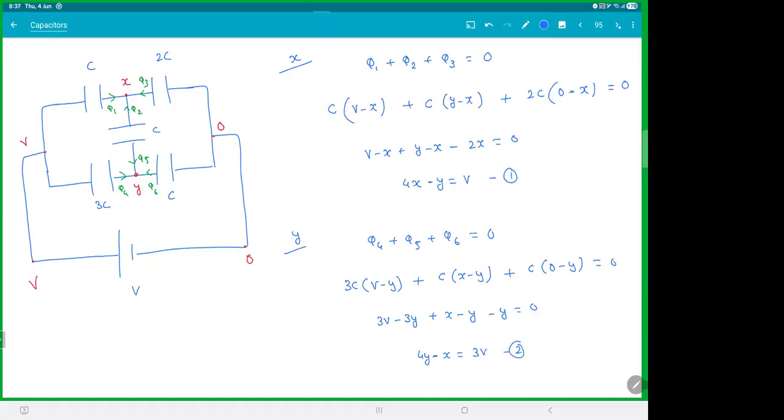So we have equation 1 and equation 2. From here we can get X and Y. Right? So if you solve this for X and Y, what do we get? Let's solve this for X and Y. So take Y from here. I'll just solve it. So Y will be 4X minus V. Take this and dump it here. That will be 4 into 4X minus V minus X is equal to 3V. That will be 16X minus this. That will be 15X, minus 4V, 7V. X is equal to 7V by